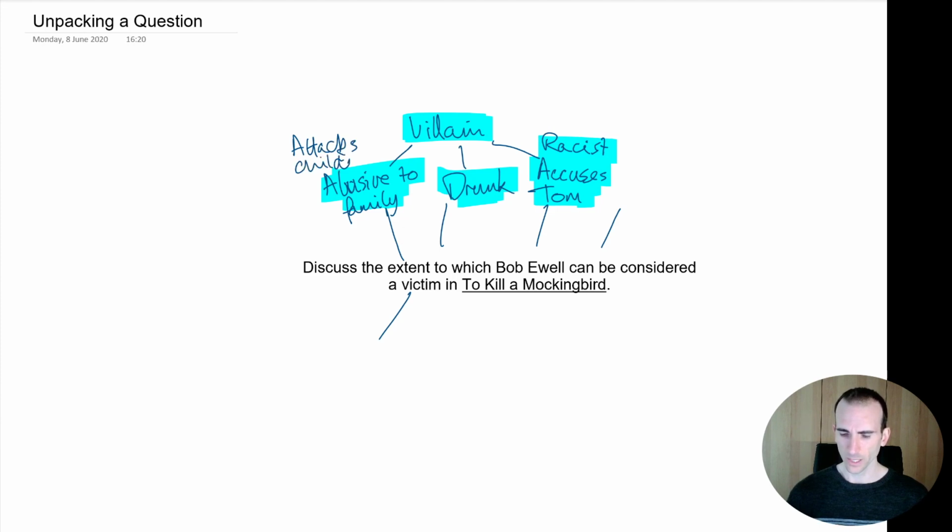Right? So all these ideas obviously fit together, because they're all about how he's a villain. Let's get down some other ideas. So he's very poor. That's important to note. That doesn't seem to be writing. What's going on here? Oh, there it comes. So he's very poor. You know what, this idea that he's drunk, I'm actually thinking that can fit two different